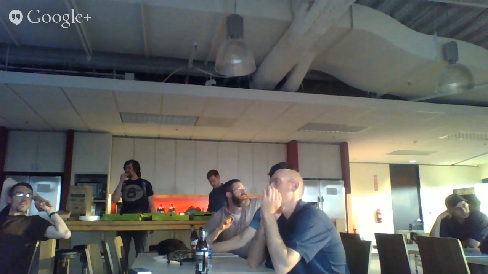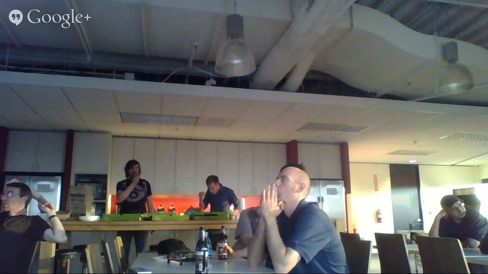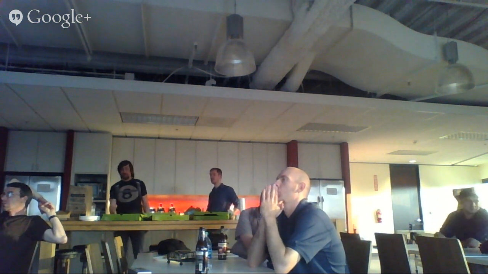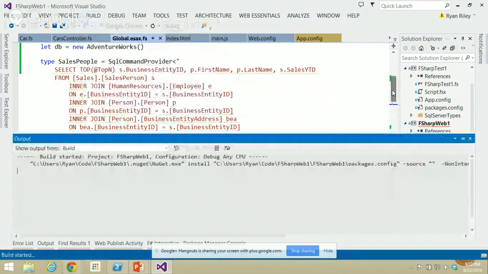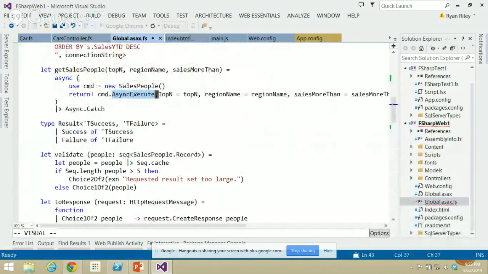Question also. I was just wondering, what happens if the try find doesn't actually find anything? Is it an exception, or how are exceptions handled generally in this flow? Sorry, I didn't get the first part of it. Can you come up here? In part of the flow you had the array try find. What happens if it doesn't find something, and does it produce an exception, and in general how are exceptions handled in this flow? Oh yeah, so it can produce an exception from the database, and I could actually wrap